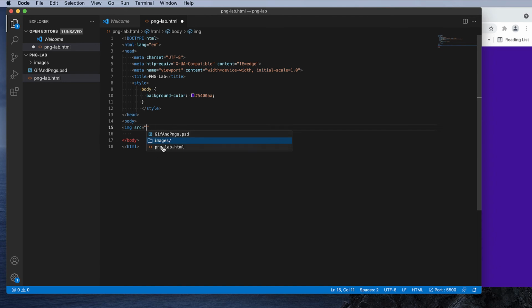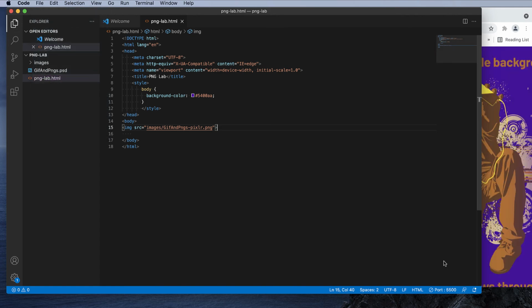when I get the options pop up, I need to choose the images folder because all of our images, remember, are always in an images folder. And here's the two images, the one that I saved for Pixlr and the one that I saved for Photoshop. I can use either one. It simply will not matter. They're both the exact same image, just saved out of different programs and with different names. If I save that,